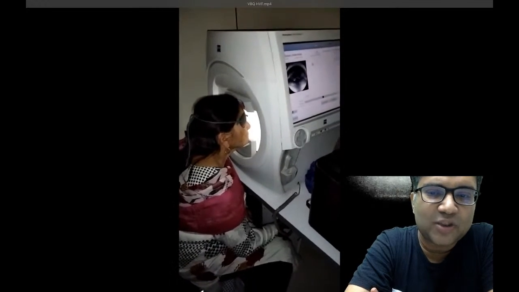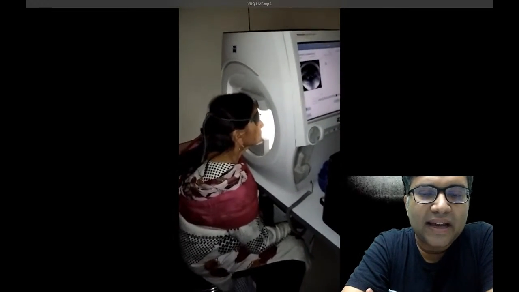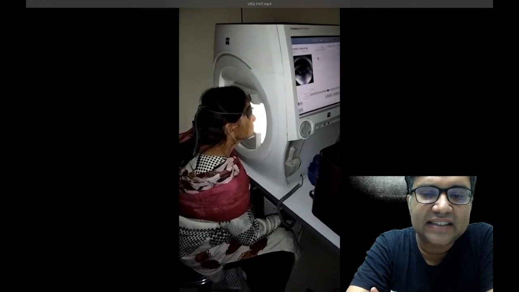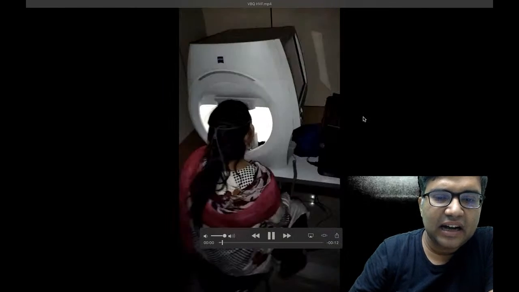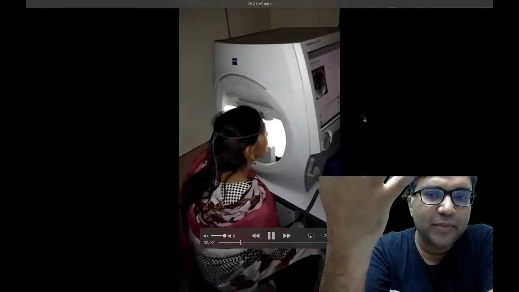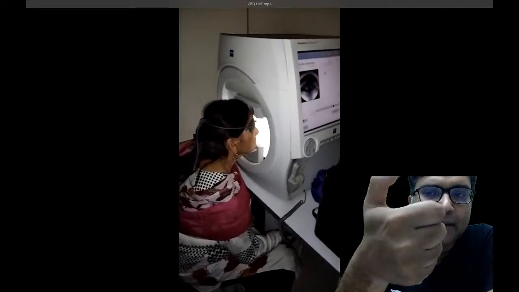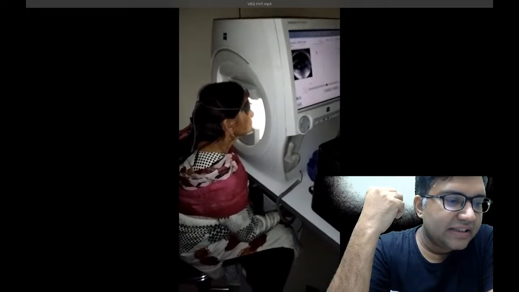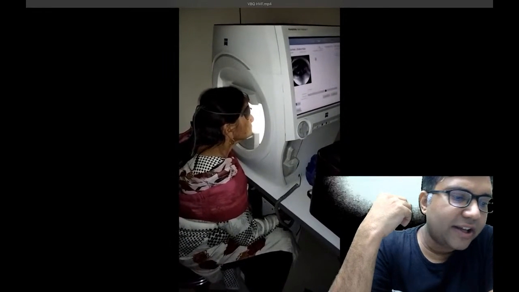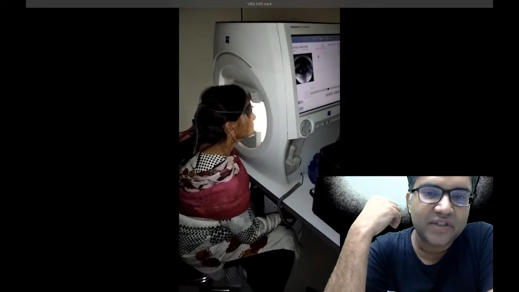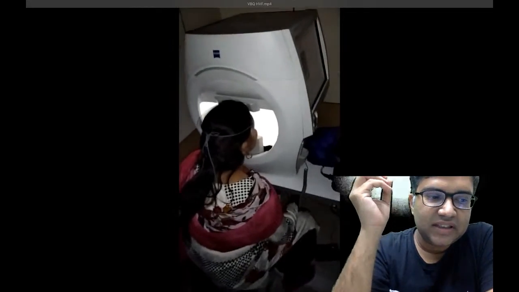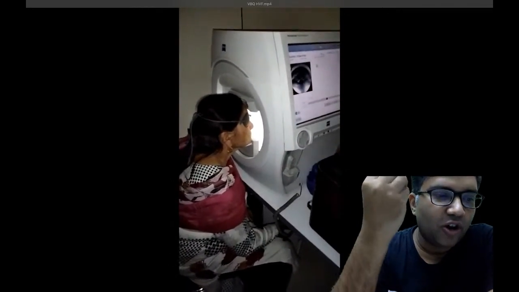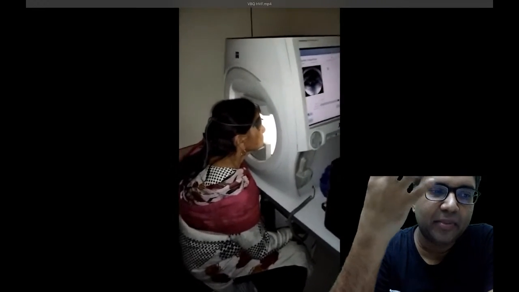So what is this procedure going on? My head is placed on a chin rest, and whenever I am seeing a stimulus, I am pressing the button. If there is total corneal opacity, Shafiq, then the angles won't be visible. So very good, Dr. Shivam. This is a perimetry going on, a Humphrey visual field perimetry going on.